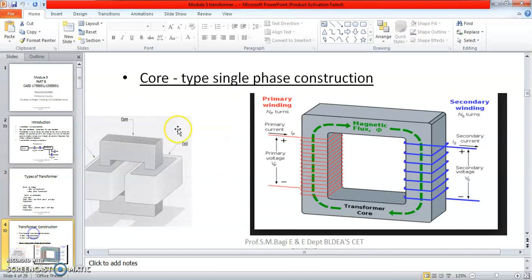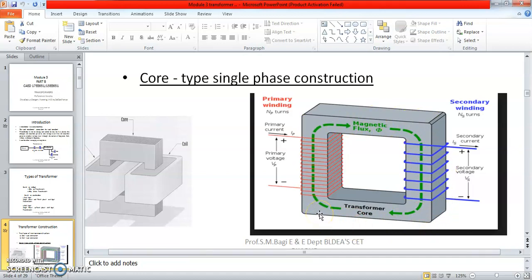Now have a look at this diagram of a core type transformer. The primary winding is wound with a number of turns, and the secondary winding is wound with a number of turns. The primary has voltage V1 or Vp, the secondary has voltage Vs, with currents I1 and I2. Whenever voltage is applied on the primary, current flows, the flux links with the secondary, and it works on the principle of mutual induction.